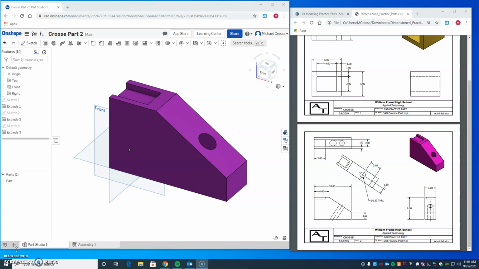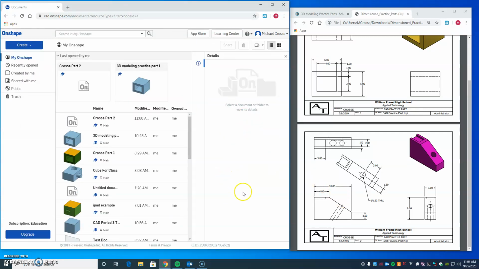Hey everybody, in this video I'll be walking through how to make part 2 in our 3D modeling CAD practice parts using Onshape on the computer. So that being said, I'm going to try and work side by side so you can see where I'm deriving some of these dimensions. So first things first, if you're in Onshape, we need to go ahead and create a